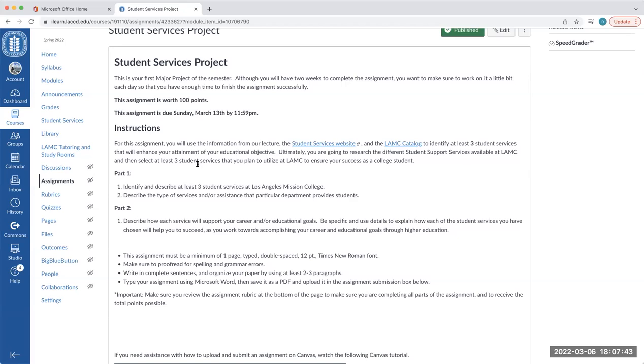Instructions. For this assignment, you will use the information from our lecture and the Student Services website and the LA Mission College catalog to identify at least 3 student services that will enhance your attainment of your educational objective. Ultimately, you are going to research the different student support services available at LA Mission College and then select at least 3 student services that you plan to utilize at LA Mission College to ensure your success as a college